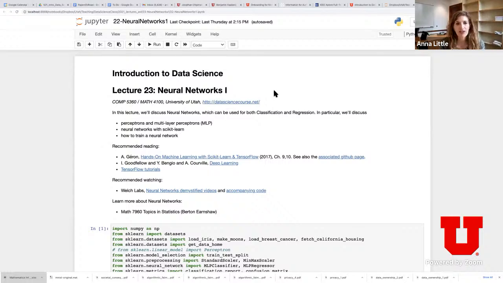Neural networks can be used both for classification and regression problems. This is in the context of supervised learning. In particular, we'll discuss perceptrons and multi-layer perceptrons. Perceptrons are the building blocks that we construct these neural networks out of. And we'll discuss how to do neural networks with scikit-learn and also some of the details about how to train